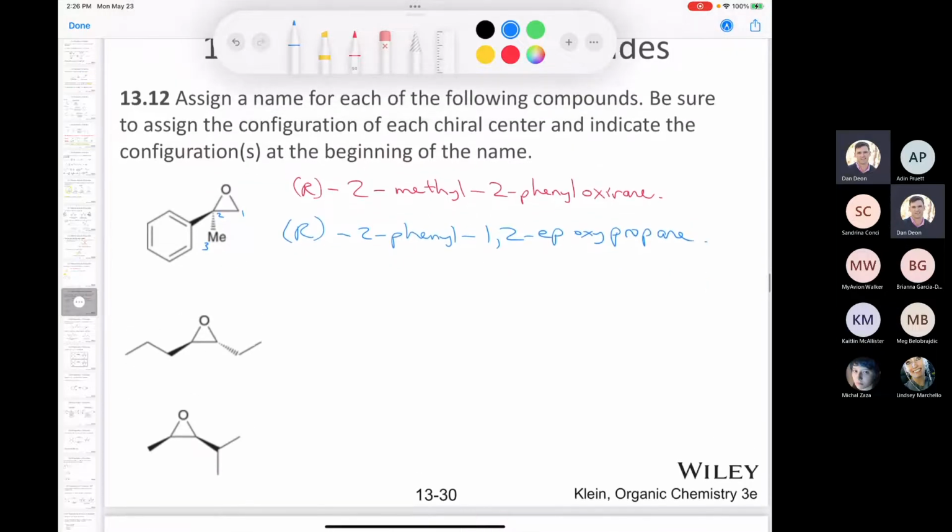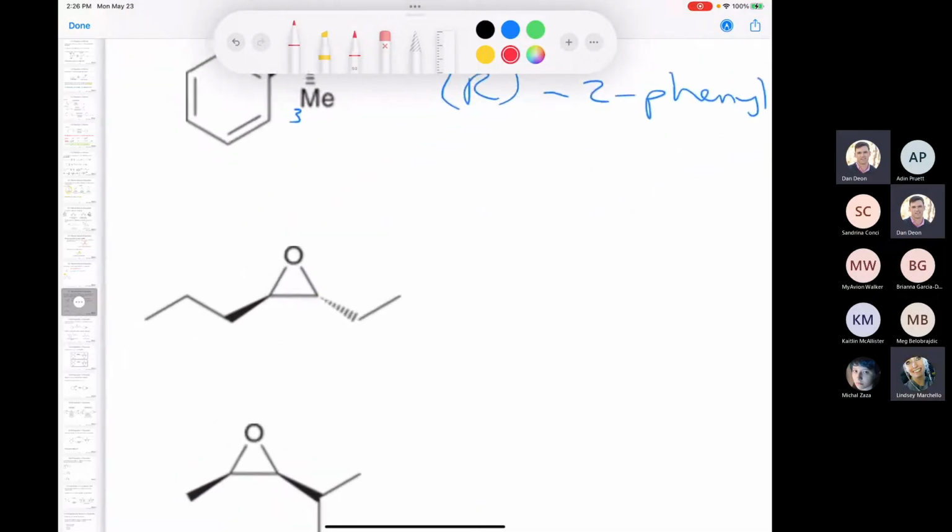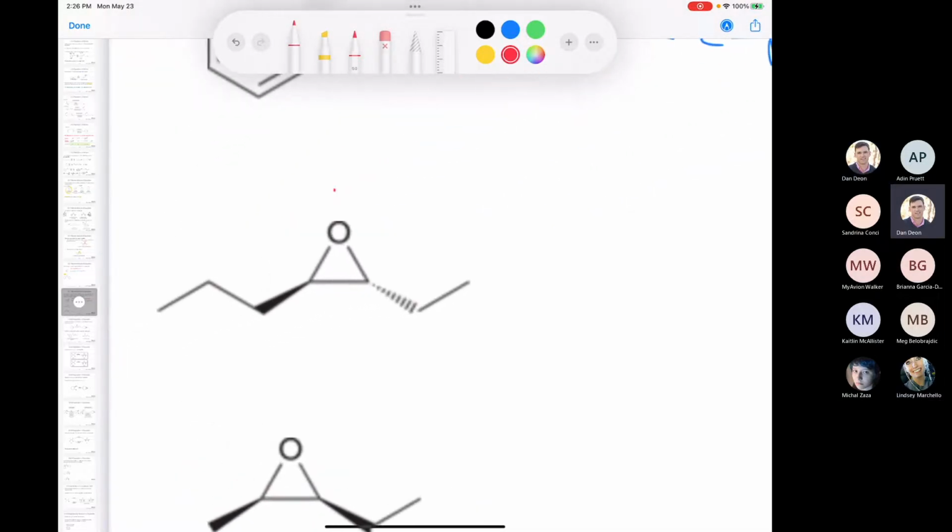Let's try one more, and then we'll save the last one for class on Wednesday. So we're going to do this one as an oxirane again. This would be priority number 1. The propyl group has higher priority than an ethyl. So we go from 1 to 2 to 3. And so this is a 3-ethyl,